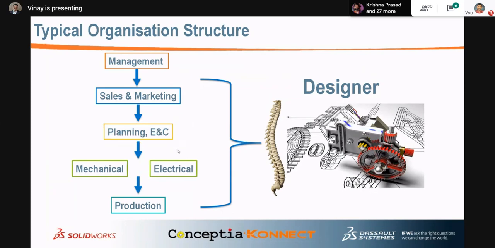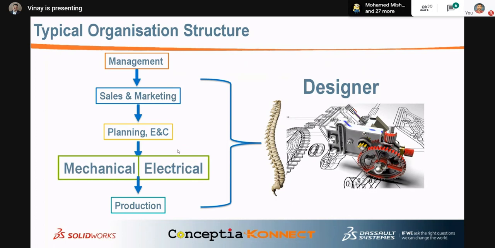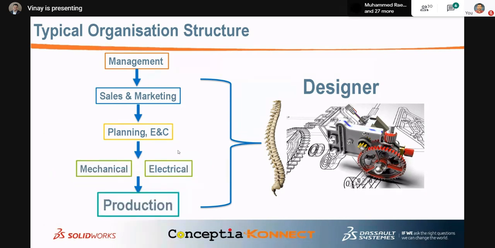And next we have the core departments: mechanical, electrical, civil, electronics and all. They are the designers, where the designers will be working in the core department. Without the core department you cannot move anywhere. No product will be manufactured without this core department. And finally, production. Production will not happen without any drawing at all. Without drawing, will the production happen? No chance. So who will give the 2D drawing? Once again, the designer has to give the 2D drawing.